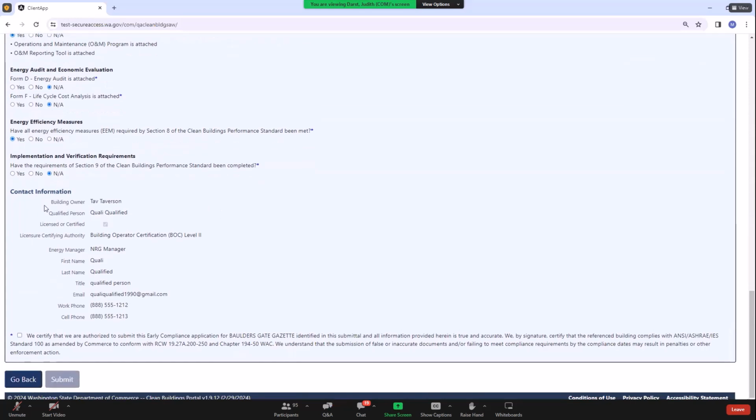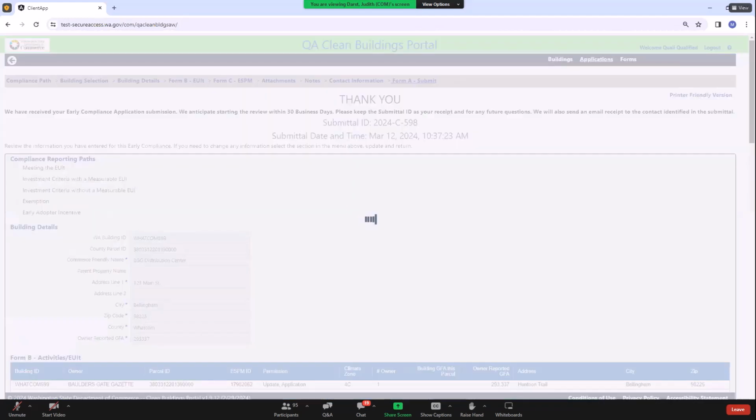Then confirm the contact information is correct: building owner and qualified person and their credentials, and then the energy manager and my contact information. Once you've filled all the fields and confirmed everything is accurate and complete, you can click the We Certify statement, and the submit button should become available, and then submitting your application